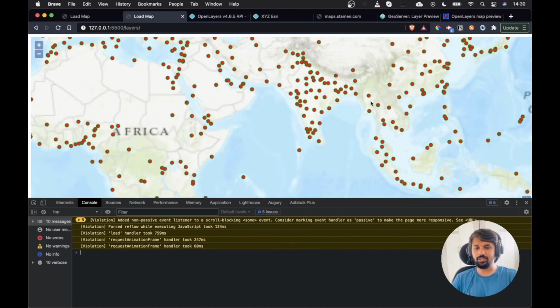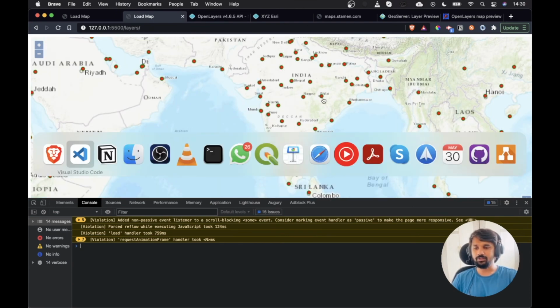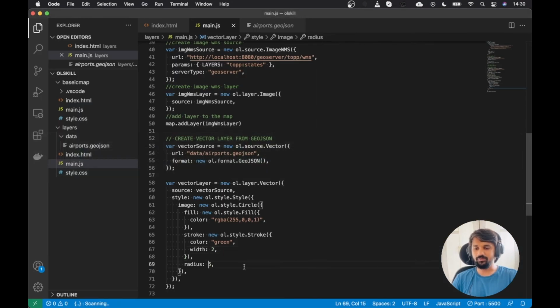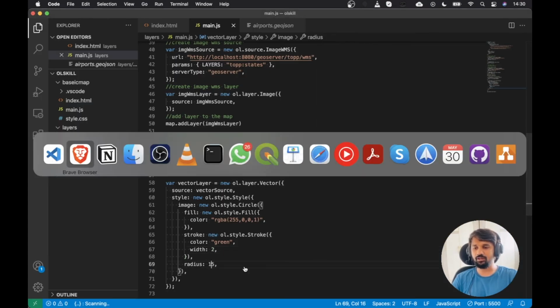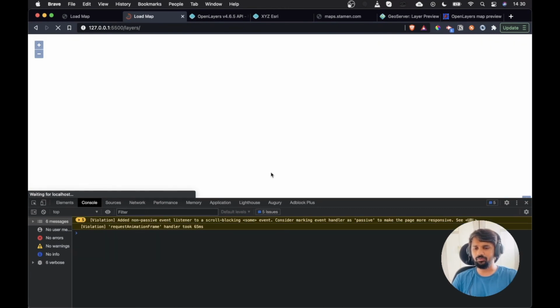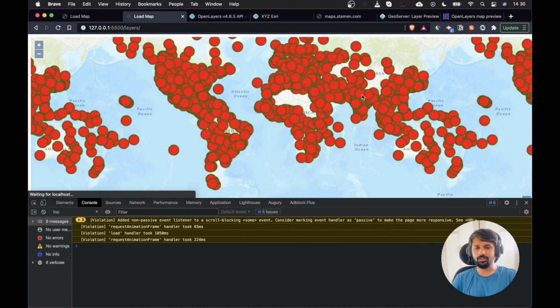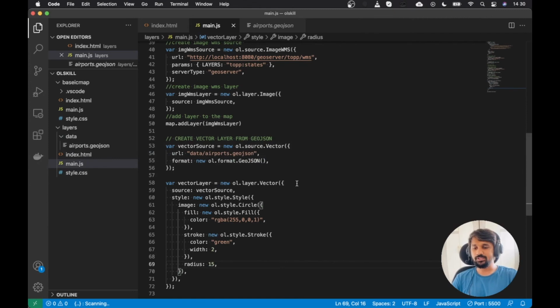And you can see that now the data has different styling. You can see that we have the circles with the red fill and the green boundary with the radius of 5. We can also play with the radius. If we make it 15, it will become a little bit larger, and then it might look weird. But the good news here is that the code is working. So this is how we can also play with the styling.